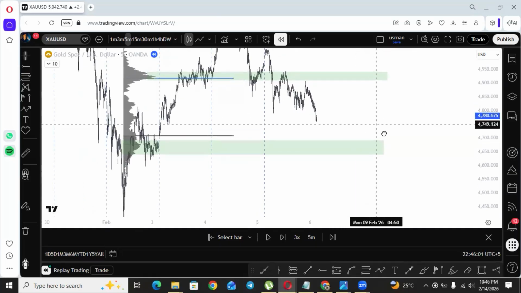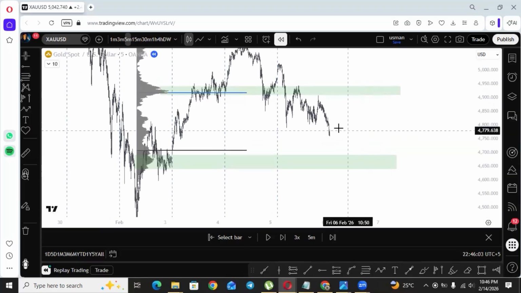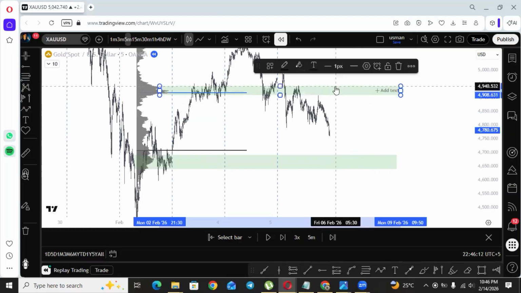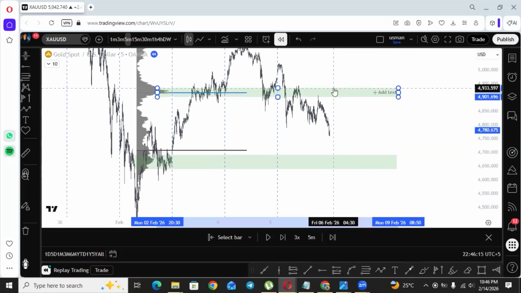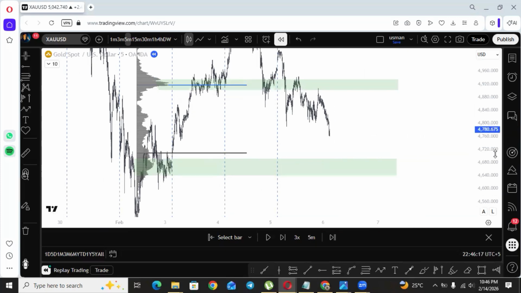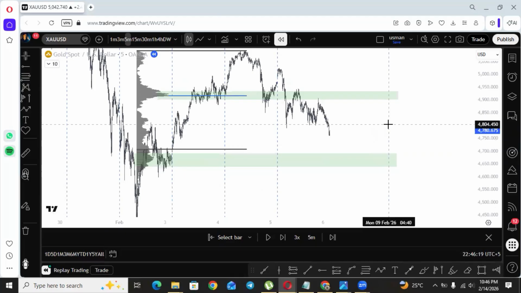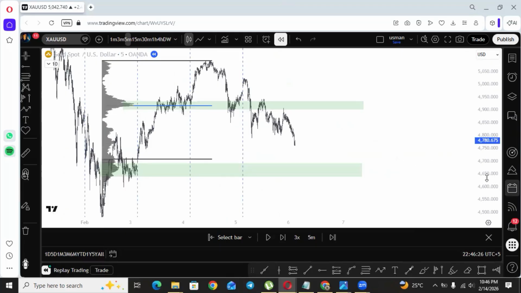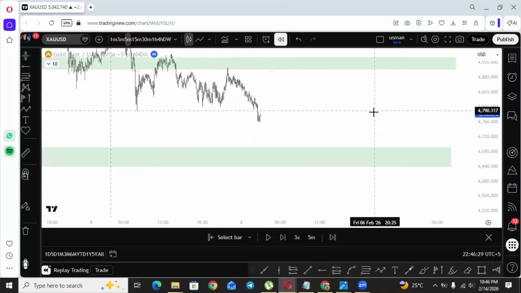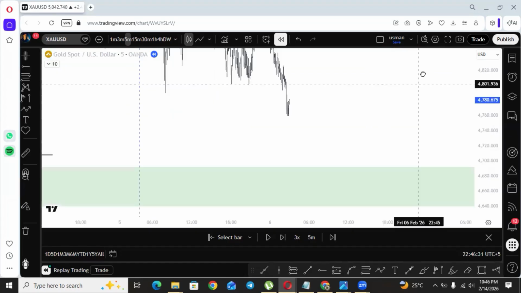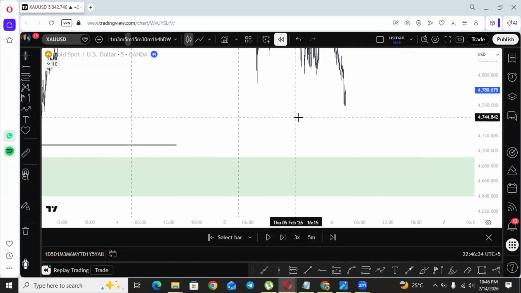We are not confirming, and we are not magicians, that the market will touch this area and go buy. We don't know. They don't tell us when they invest, and we are uninformed traders. We just have to catch one or two good entries of the day, then pass our funded account and make some money in our bank account. So let's wait and see what the market is going to do, without wasting much of your time.